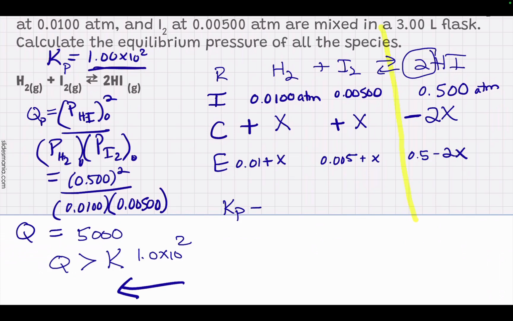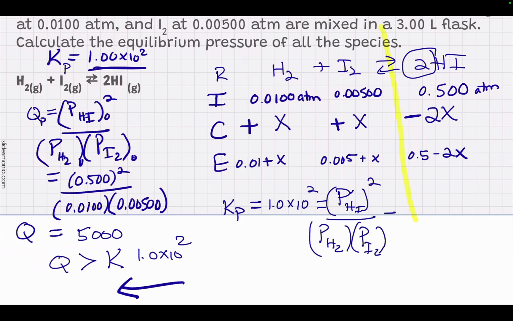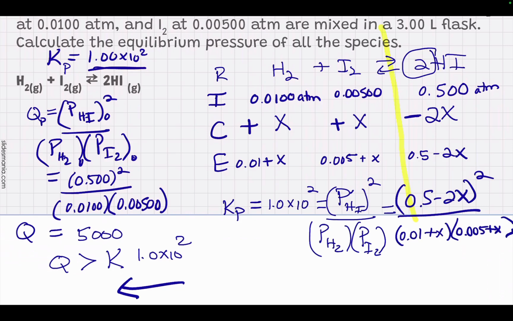So now I'm ready to plug into the equilibrium expression. And I know my Kp is 1 times 10 to the second. And that's going to equal my partial pressure of the hydrogen iodide squared over the partial pressure of the hydrogen times the partial pressure of the iodine. So I would sub in (0.5 minus 2x) squared over (0.01 plus x)(0.005 plus x). And I would need to get that into the quadratic form,